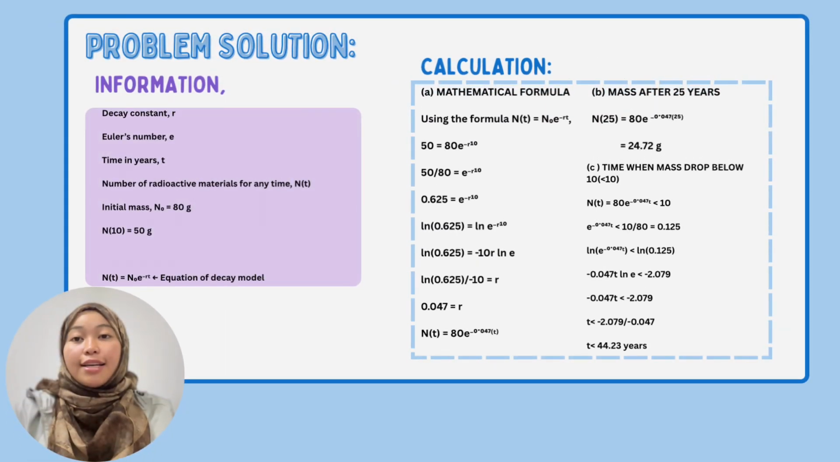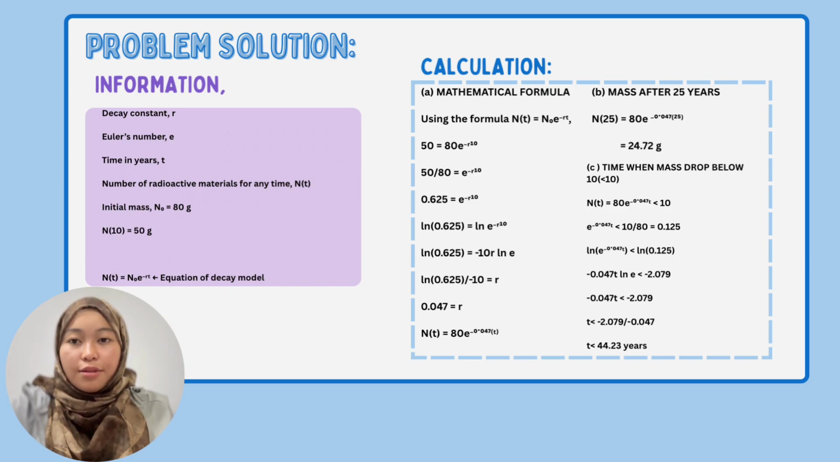Soalan pertama, dia minta hasilkan mathematical formula. Jadi, menggunakan formula yang telah dia bagi, NT sama dengan NO, E kuasa negatif R, T, kita akan substitute informasi-informasi yang telah dia berikan sebentar tadi. Jadi, 50 kita akan gantikan dengan NT, 80 sebagai initial mass, dan E negatif R 10. Lepas tu, kita akan pindahkan 80 ke sebelah kiri untuk dibahagikan dengan 50 dan akan menghasilkan 0.625 sama dengan E